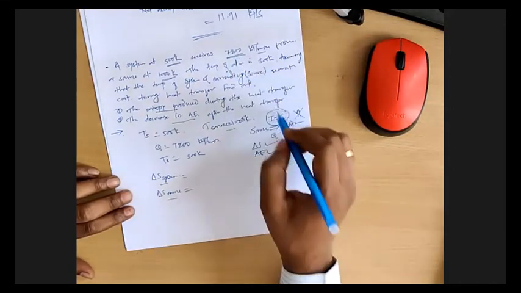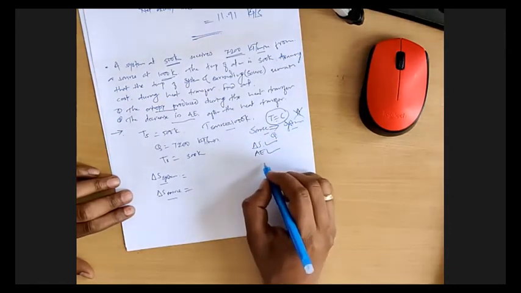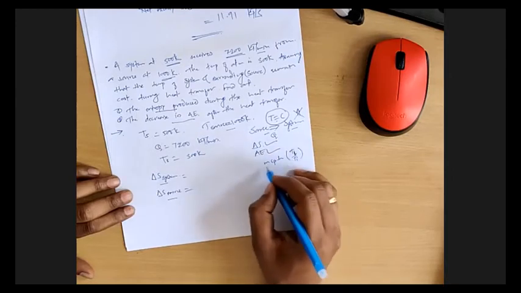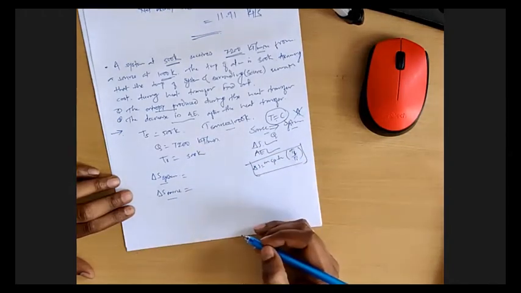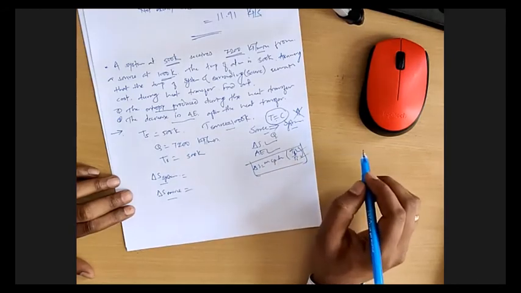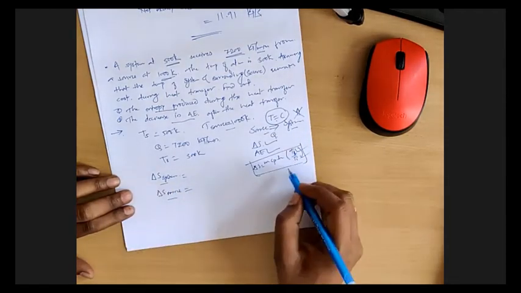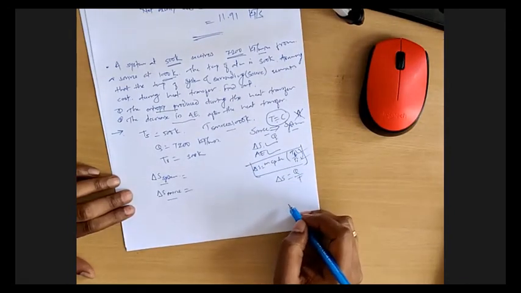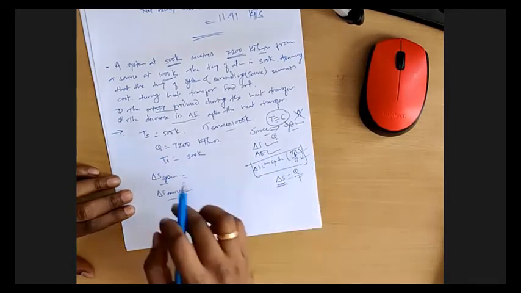Now, as temperature of source and sink is going to remain constant, we cannot use that relation m C_p ln of T final by T initial. This relation cannot be used over here because temperature is not increasing or decreasing, so we do not have final and initial temperature. But to calculate entropy change, we have an alternative relation, delta S is equal to Q by T. So we are going to use this relation.